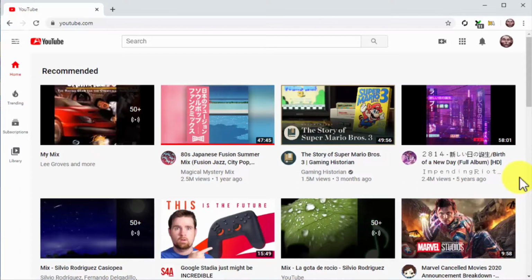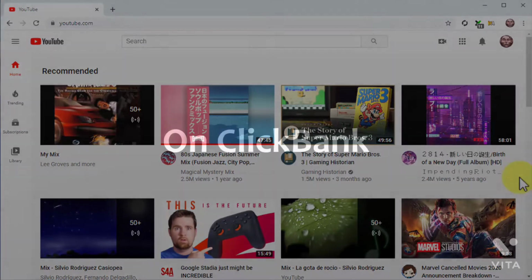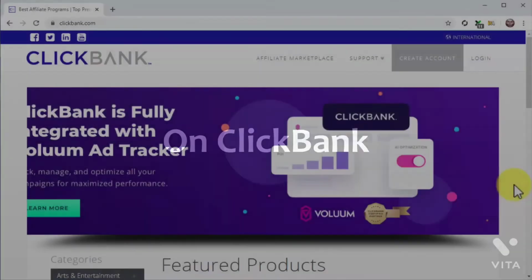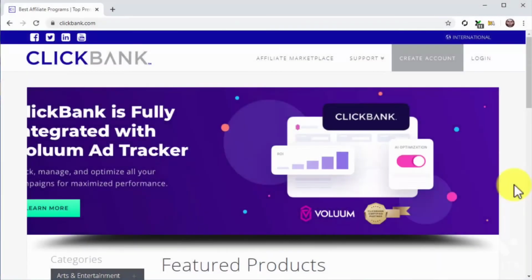While there are a ton of marketplaces you can do your research around, including Amazon, we have found the ones that make it easier to research, find, and pick a niche. These are ClickBank and JVZoo. So let's see how easy it is to do it. On ClickBank, start by visiting clickbank.com.